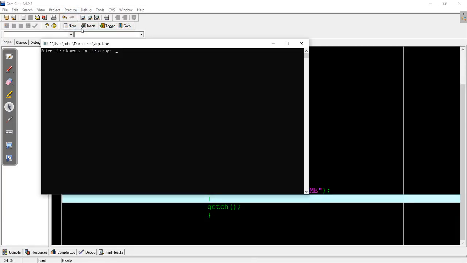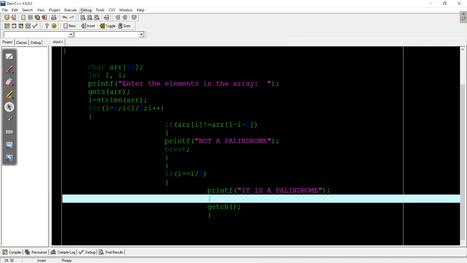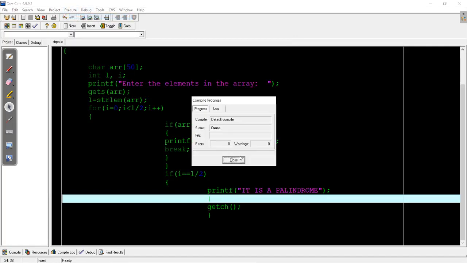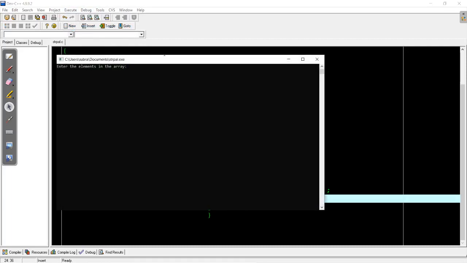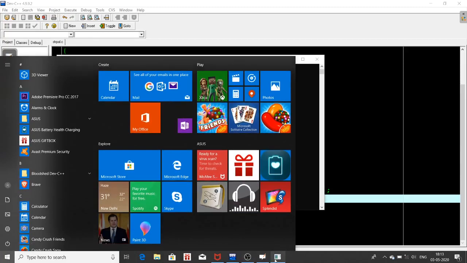Let's see. Enter the elements in the array, say Malayalam. It is a palindrome, right? Malayalam is a palindrome string, so it shows it is a palindrome. Now let's take another string that is not a palindrome. Let's see what's the output. Not a palindrome. Okay, I hope you have understood. If not, please feel free to contact me. Thank you.